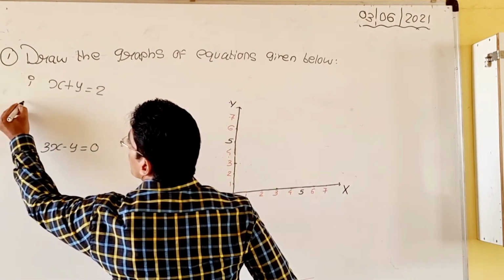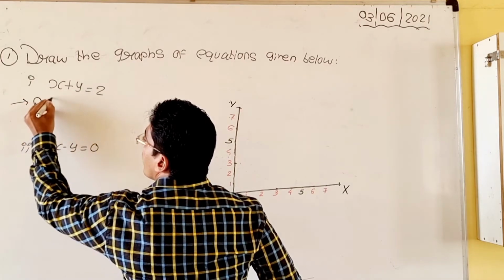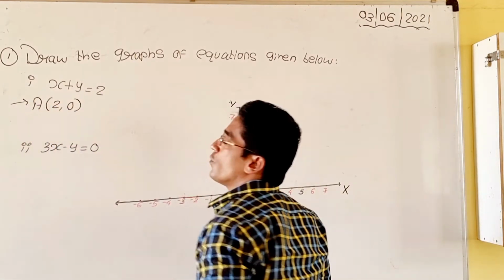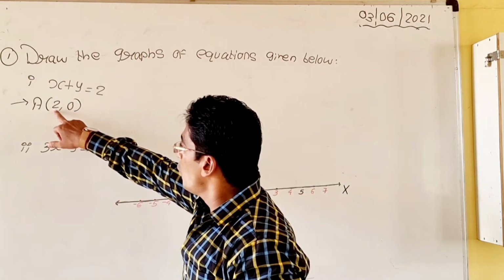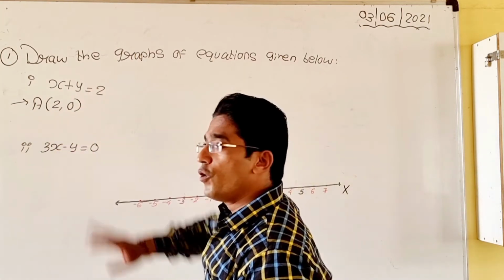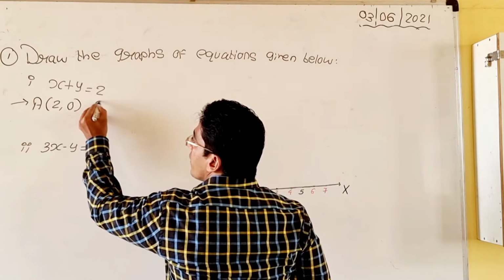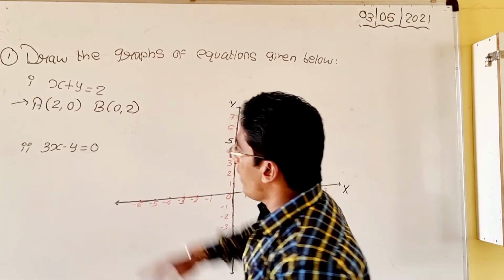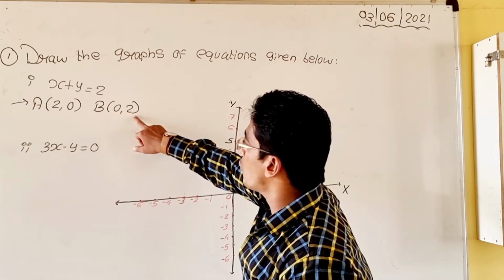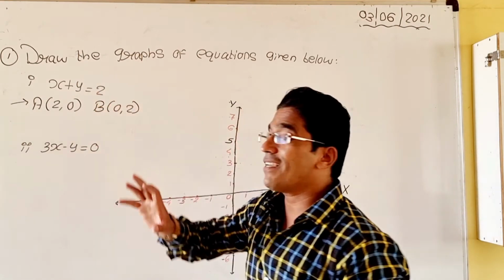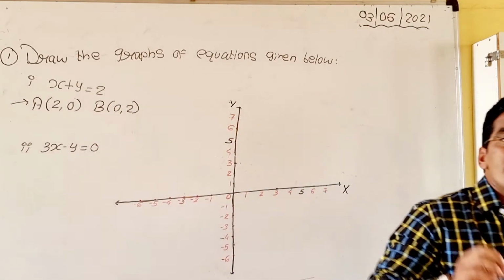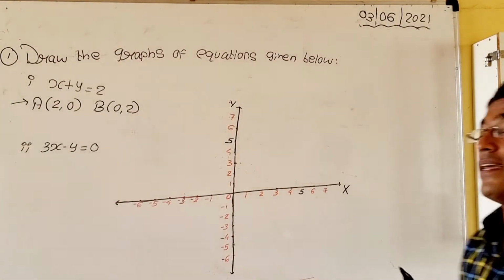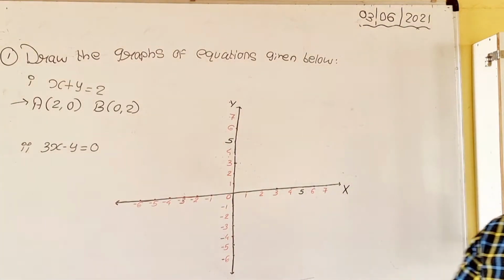Suppose first point A is (2, 0). Why? 2 plus 0 is equal to 2. B: similarly, I can take (0, 2). Why? Again 0 plus 2 is equal to 2. What is the equation? x plus y is equal to 2. So I am taking the values of x and y such that if I add them, I am going to